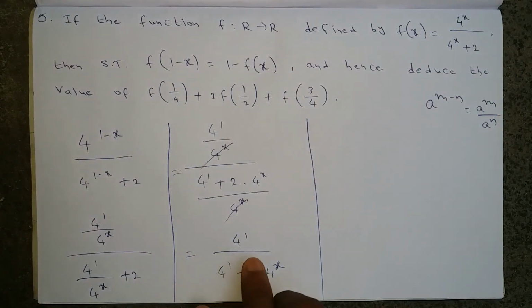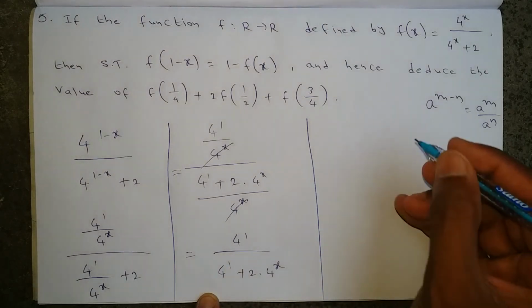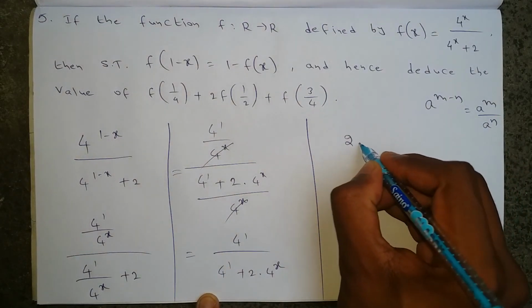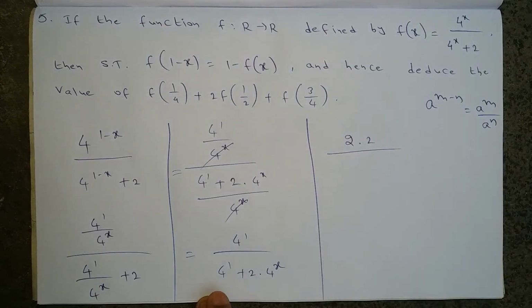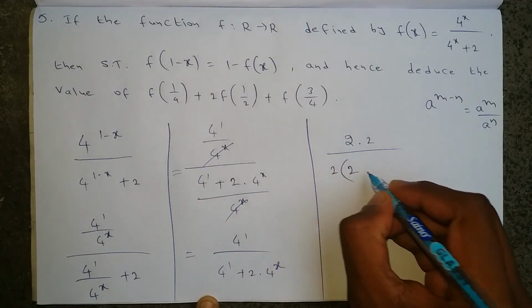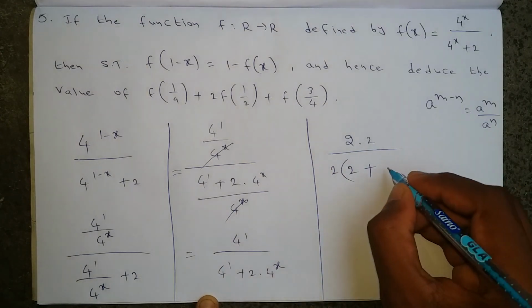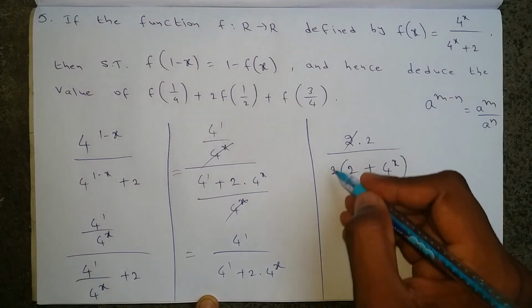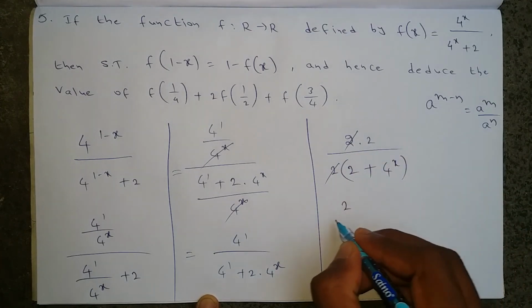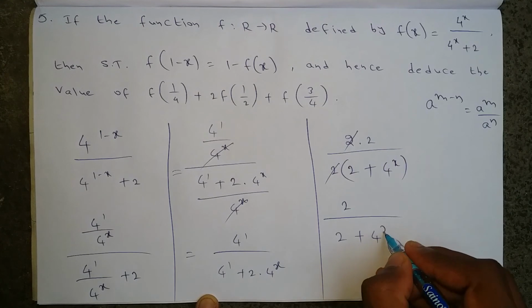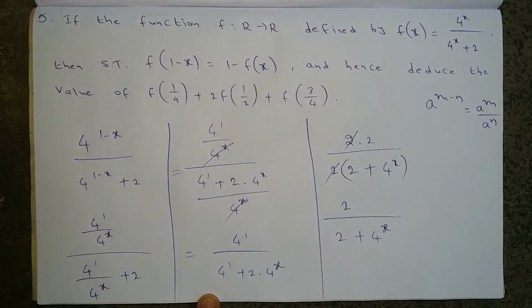Now here 4 power 1 is nothing but 4, that 4 I am writing as 2 into 2 whole divided by, here 4 power 1 is nothing but 4, 4 plus 2 into 4 power x. Here 4, here 2, so both come in the 2 table, so that's why I am taking 2 common. So from 4, 2 completed means 2 will remain, plus this 2 already I wrote outside, this 4 power x as it is. So here 2 cancel, so we remain with 2 divided by 2 plus 4 power x.